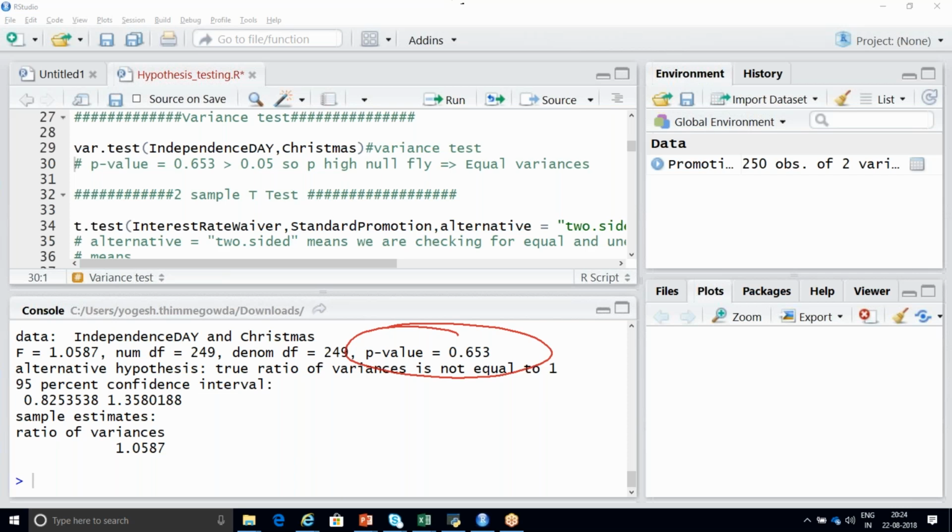Yogesh, I have one doubt here. Yes. In this case, we have a p-value greater than 0.05. If it is vice versa, if the value is lesser than that, I'll show you that also. We'll get that step in the next steps. You'll be seeing very soon what action has to be taken. I'll be showing that as well.